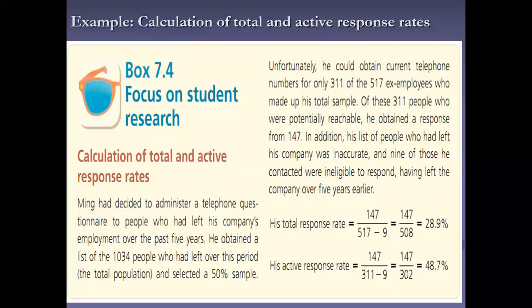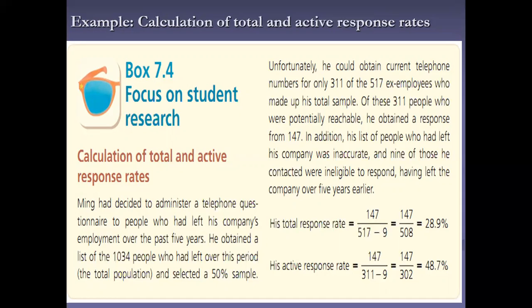इस केस में बेसिकली उन्होंने क्या किया है कि जो लोग जॉब छोड़ गए हैं या कंपनी छोड़ गए हैं, उनसे डेटा लिया है। सबसे पहले उसके पास जो टोटल लिस्ट थी वो 1034 की थी, उसमें से उसने जो सैंपल सेलेक्ट किया वो 50% का किया। 50% जो थे वो 517 थे, बट चूंकि 5 साल हो चुके हैं, अब उनके पास जो कॉन्टैक्ट्स हैं वो पुराने हैं, हो सकता है कि रिस्पोंडेंट्स जगह भी छोड़ गए हैं या वो अनरीचेबल हैं। तो इस वजह से उसका फाइनल रिस्पांस रेट या फाइनल सैंपल साइज 147 है। तो कैसे कैलकुलेट किया उसने?